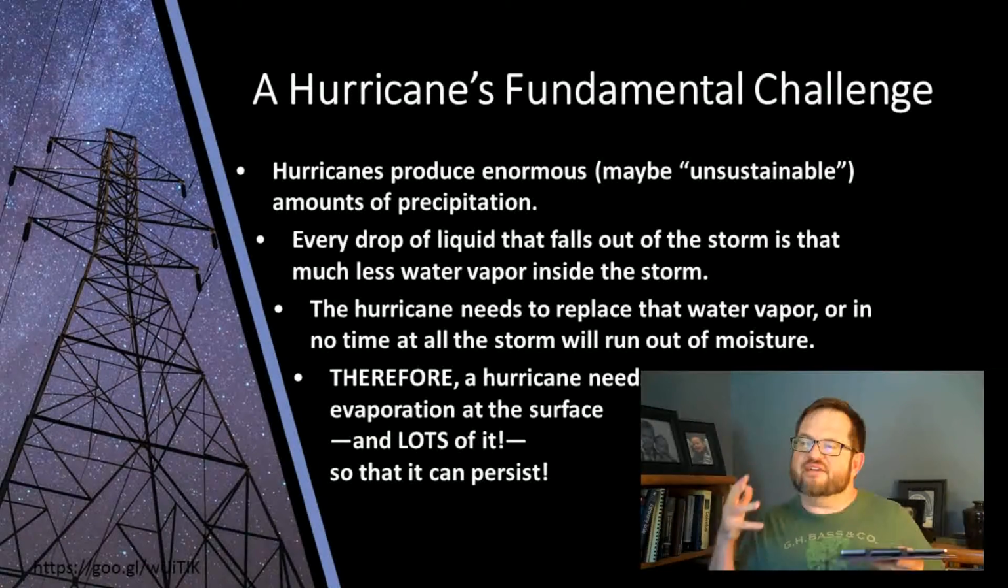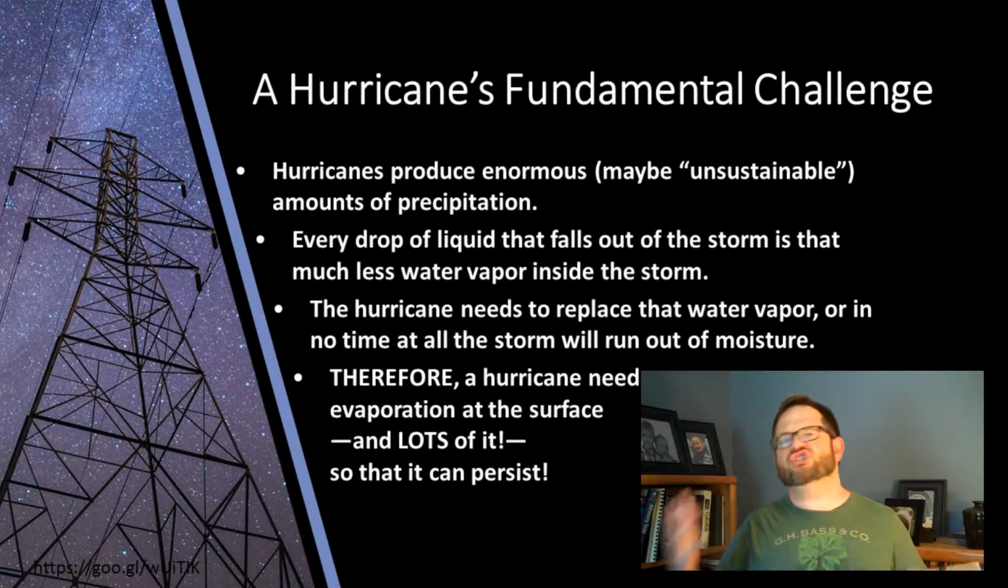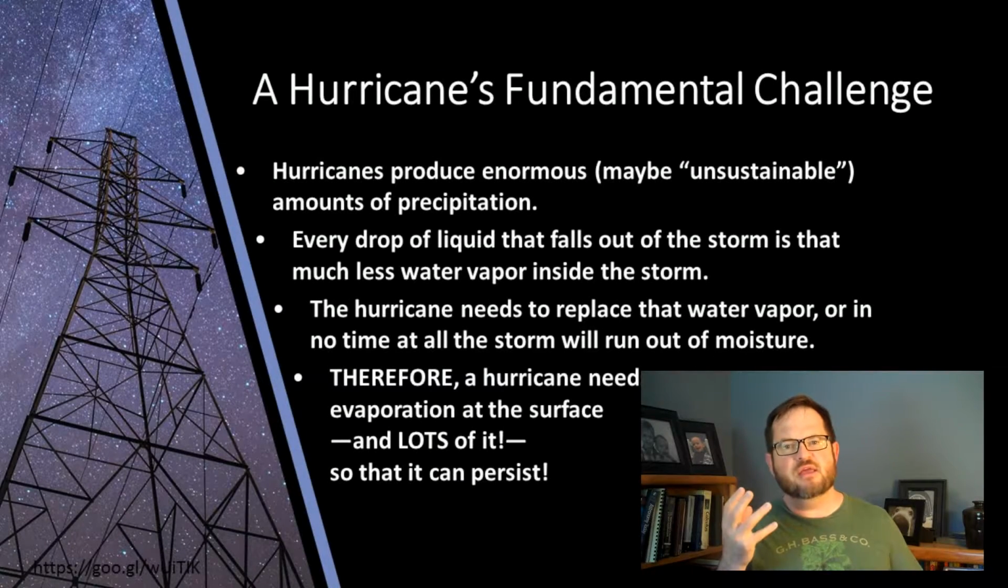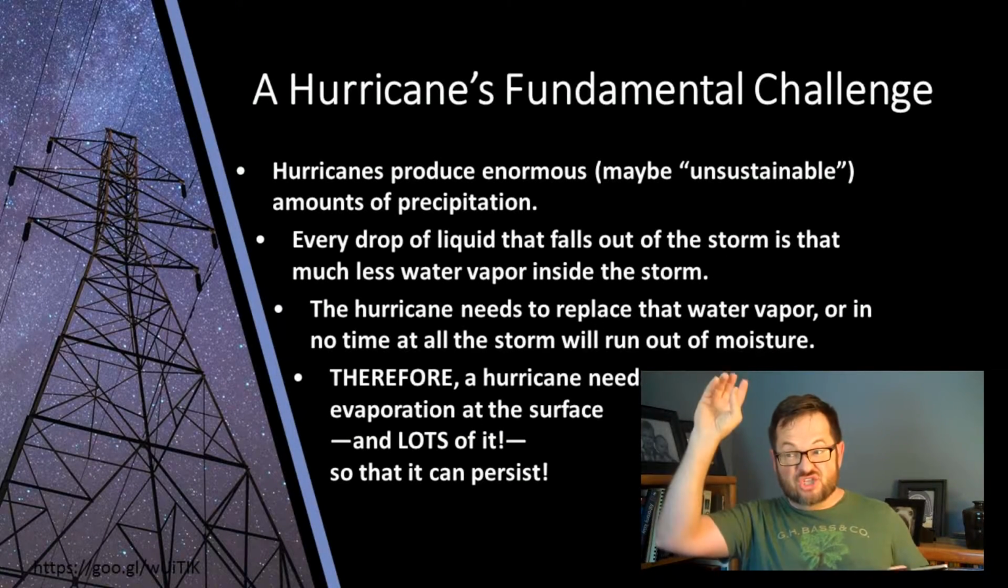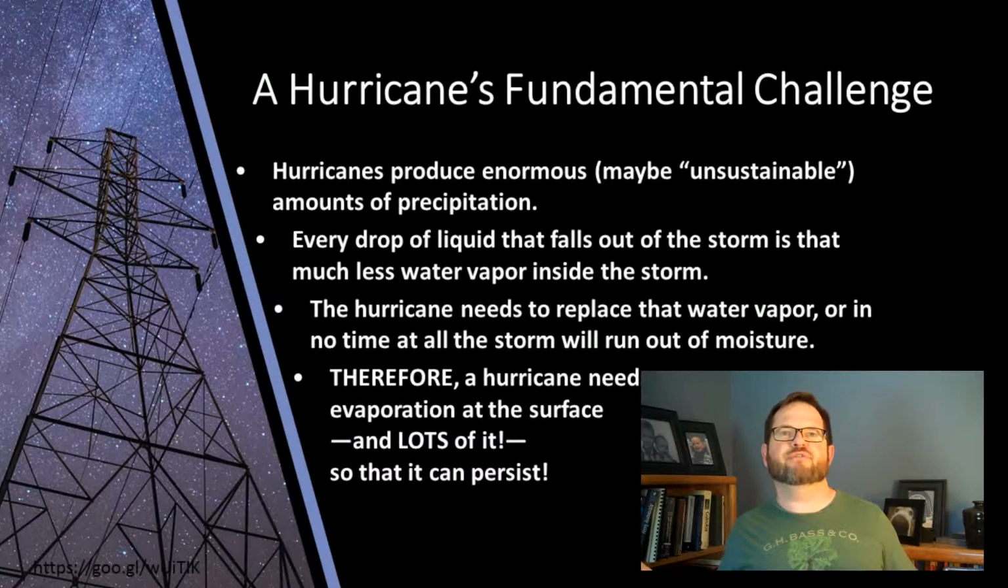Well, it's linked very closely to the fundamental challenge a hurricane faces in its life. See, hurricanes produce an astonishing amount of precipitation. When a hurricane is at its full strength, it can be producing several inches of rain per hour. That's really an amazing amount of precipitation, and when you think about it, it's kind of a weird thing. I mean, every drop of water that falls out of the storm was water vapor that the storm converted into liquid water and dropped out as rain. So every drop of rain that falls out of that storm is water vapor that is gone now from the storm. Well, if you're a hurricane and you're producing 3-4 inches of rain an hour,